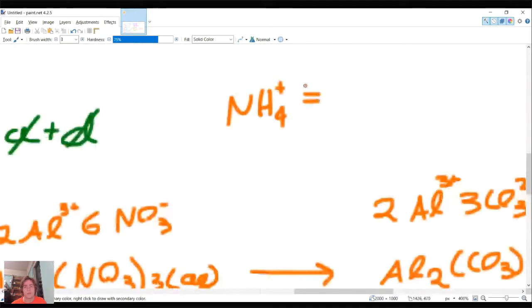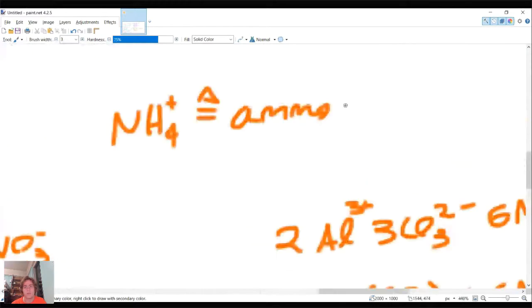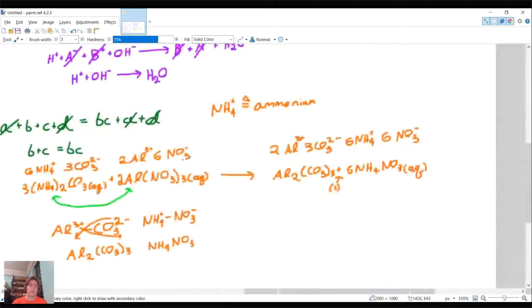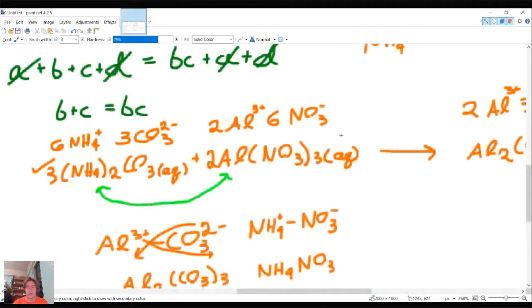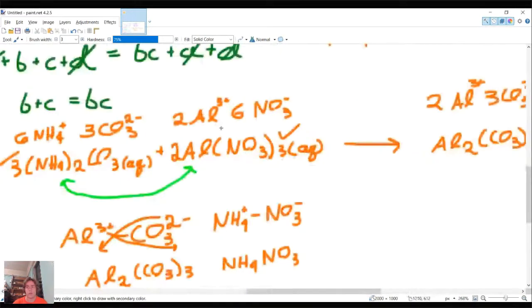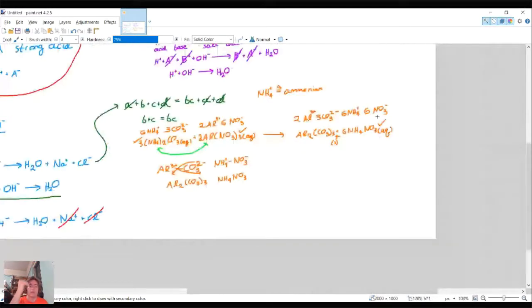This is ammonium. Ammonium. This equal sign with the triangle above it, that triangle is a capital Greek delta. And the delta being defined, so this means it's defined as ammonium. So this does have ammonium, so this is soluble. And this has a nitrate, so it's also soluble. So we established that this is soluble, and we established that all 3 of these are soluble. So we're going to go to the complete equation and split them up into their ions.